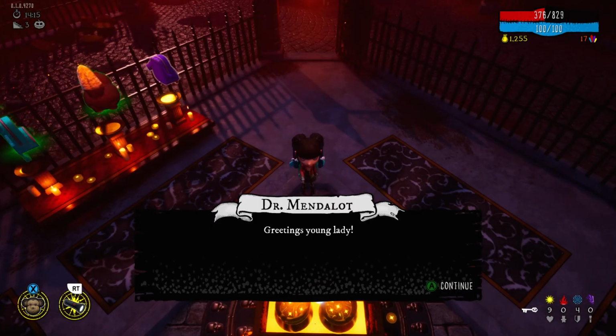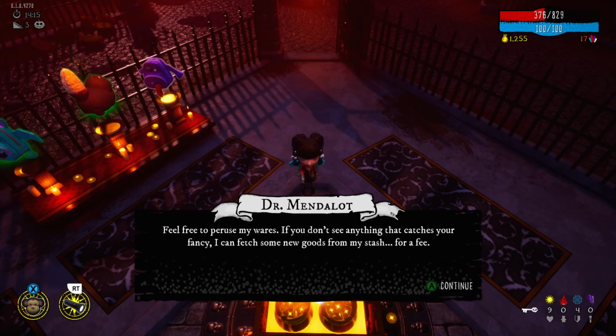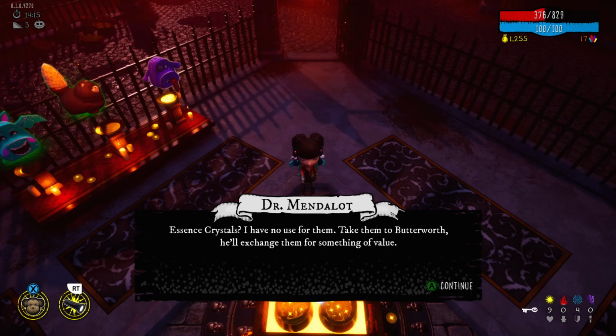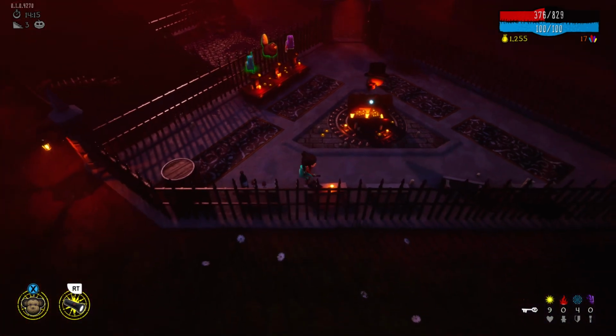Dr. Mendelot's. Your coin is always welcome here. Feel free to peruse my wares. If you don't see anything that catches your fancy, I'll fetch some new goods from my stash for a fee. Essence crystals, I have no use for them. Take them to Butterworth for exchange for something of value. I couldn't see your face, or I would have...